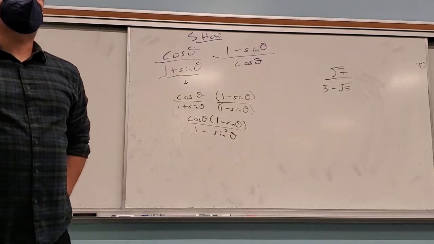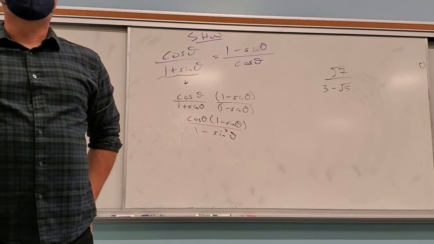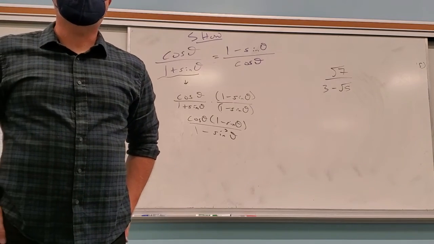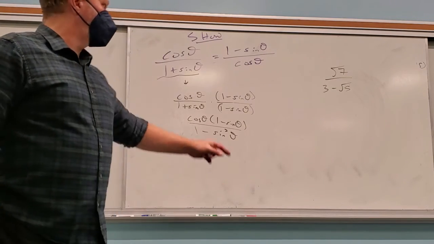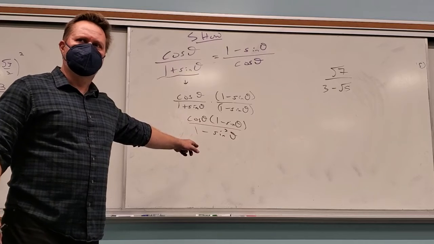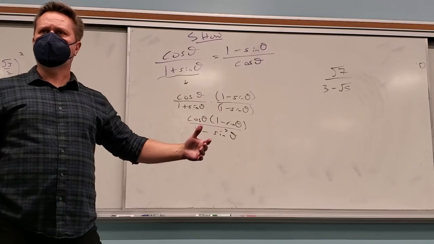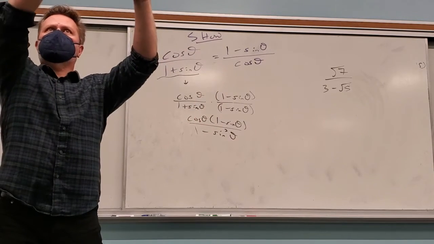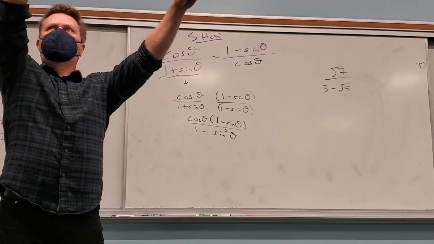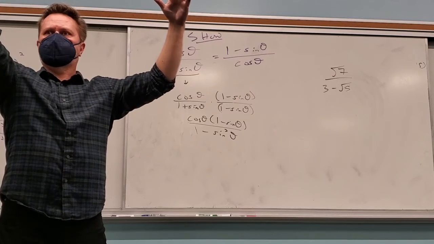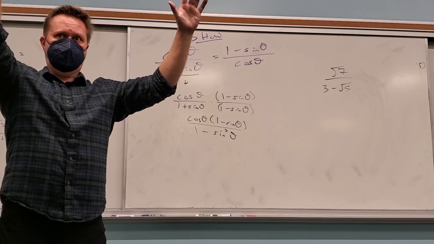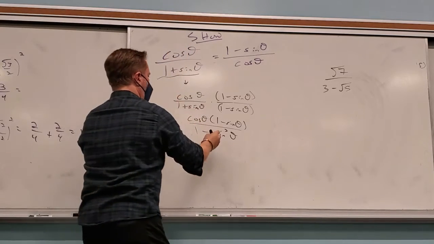What's sine squared plus cosine squared? Sine squared theta plus cosine squared theta is 1. So what is 1 minus sine squared? Cosine squared. You guys see that? If sine squared plus cosine squared is 1, 1 minus sine squared is cosine squared. Is that cool? So I can replace that with